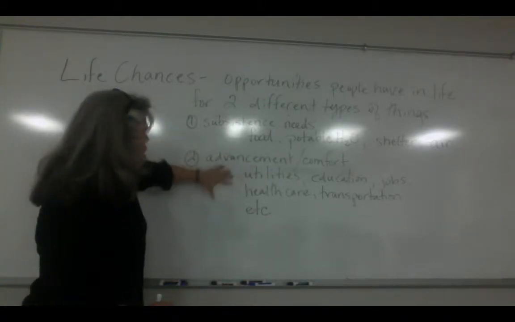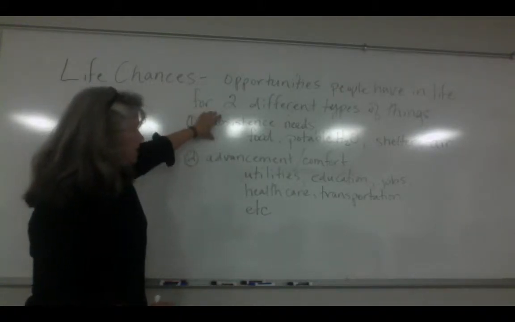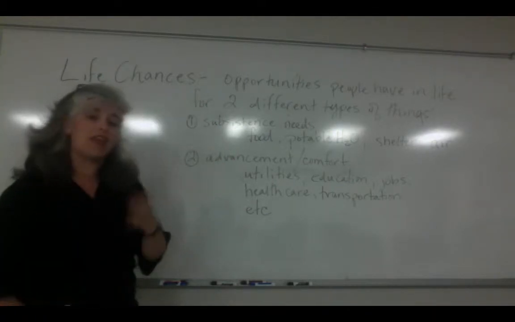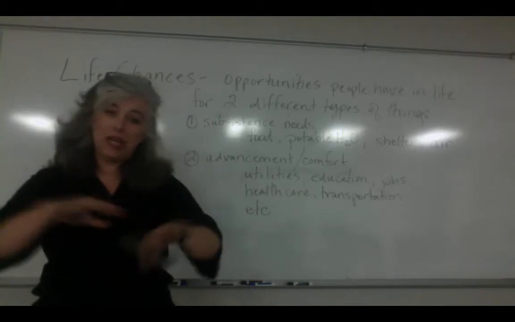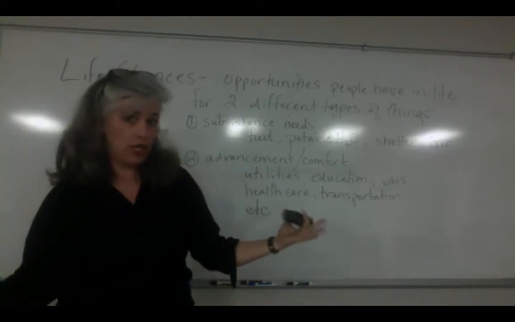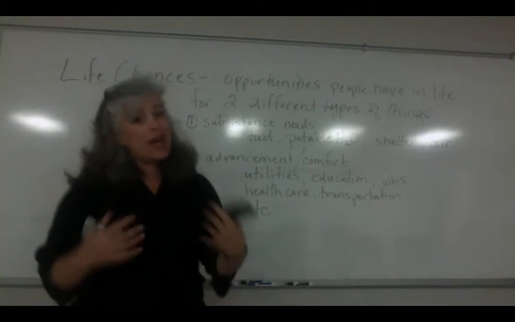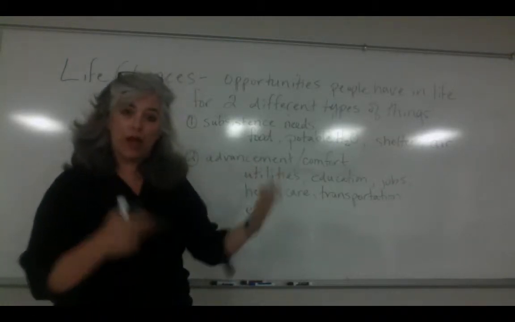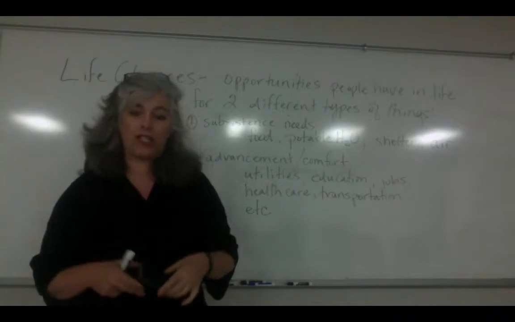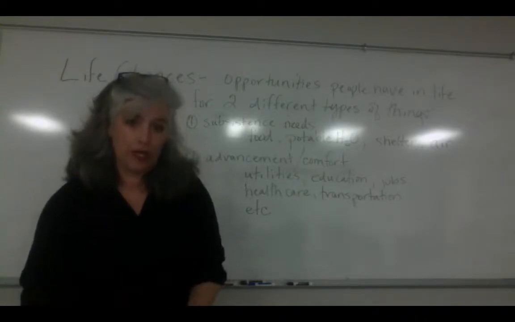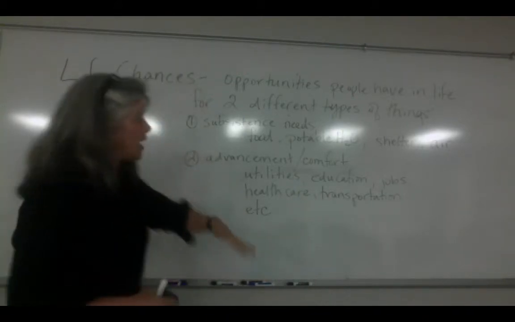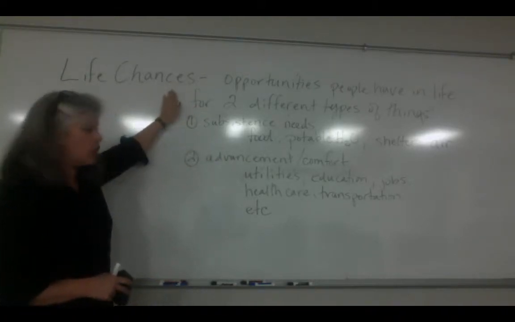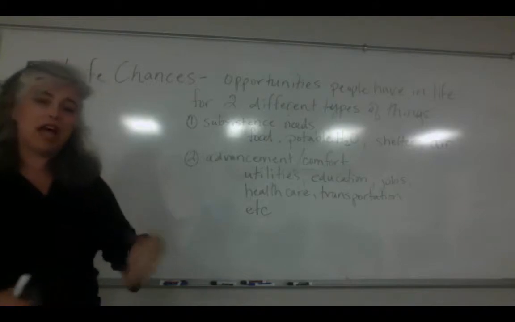These things are life chances, subsistence and advancement and comfort opportunities. These are life chances that are not distributed equally among all members of the population everywhere. Because they're not distributed equally, this is a topic that goes directly to our social stratification theme for this entire unit. And because we are going to need to use this concept, life chances, to evaluate different types of poverty